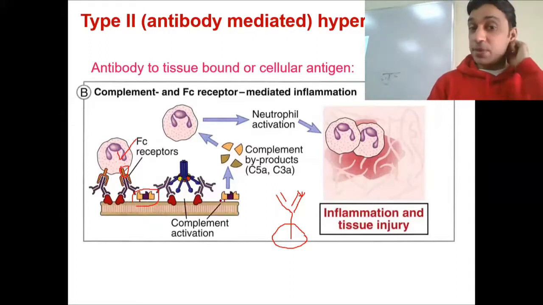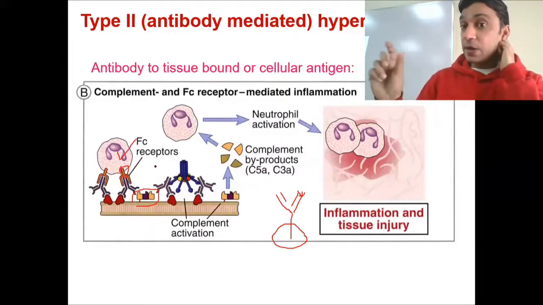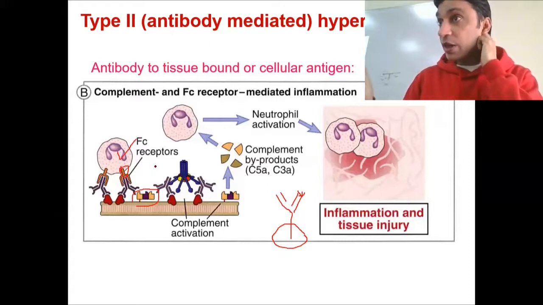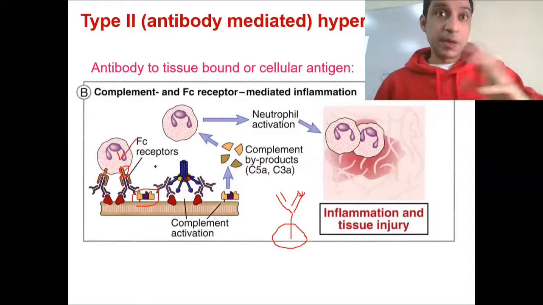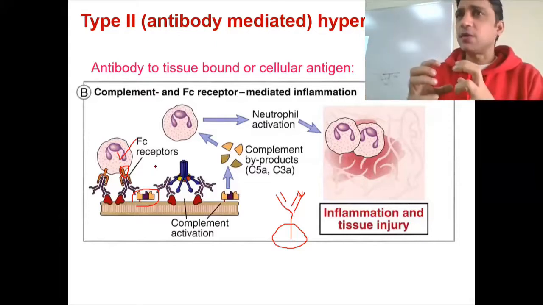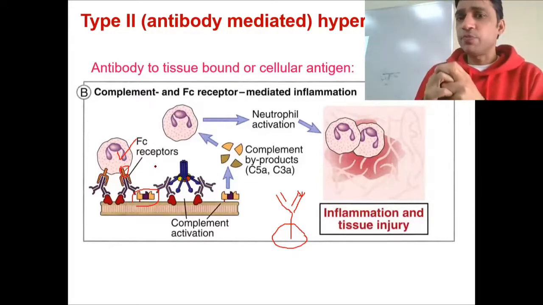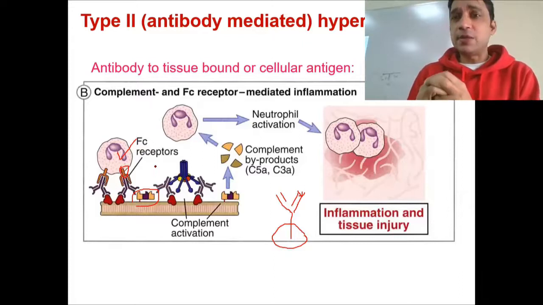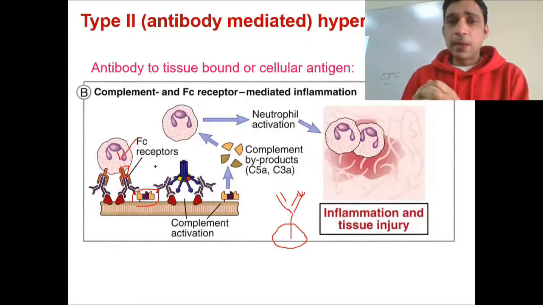But sometimes it happens when an antigen antibody reaction occurs. When an antigen antibody reaction occurs, जब एंटीजन एंटीबॉडी का रिएक्शन होता है, आपको पता है एंटीबॉडी एंटीजन एक दूसरे को डॉक कर सकते हैं, परफेक्टली कैप्चर कर सकते हैं. Okay, I'm just trying to be very simple. Okay, forgive me for that thing.